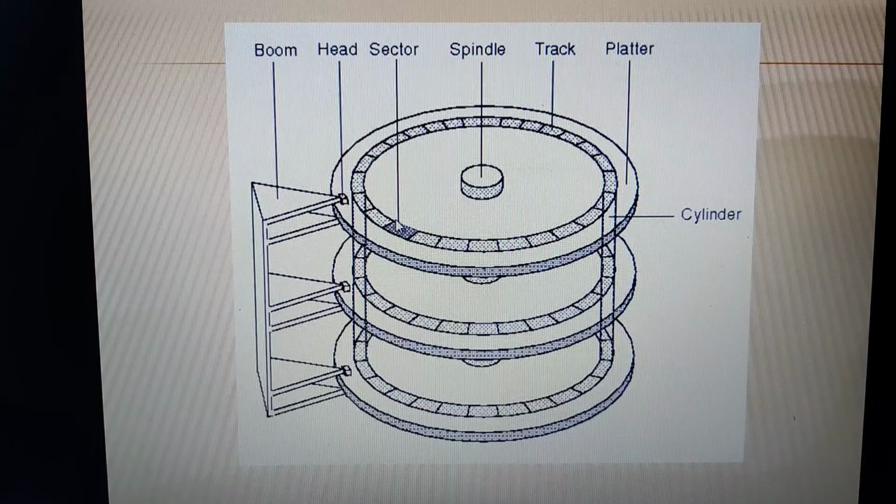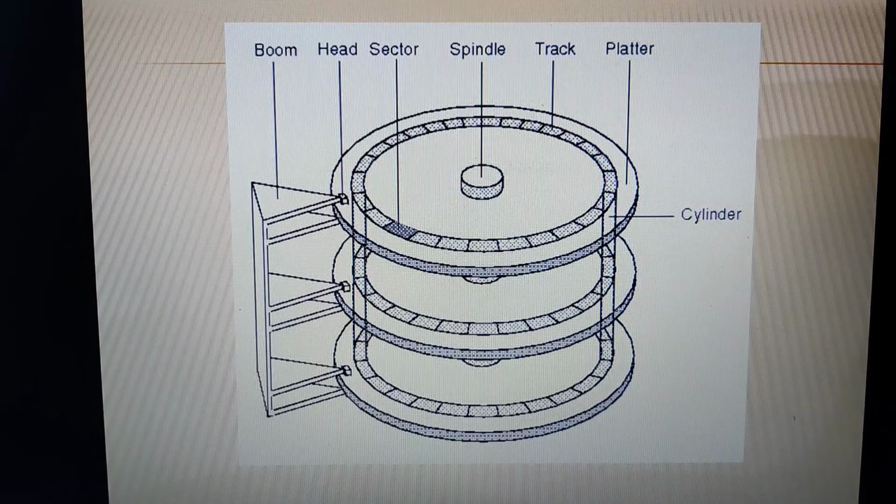So magnetic tape is a kind of serial access medium. It's not a direct access medium. It is a serial access medium, similar to the audio cassette, and so the data cannot be randomly located. The disadvantage is that you need to forward it or rewind it in order to play a particular song. Suppose you have 10 songs and you want to play the 5th song, then you need to forward it and reach that particular location. Suppose you are playing the 9th song right now and want to go back to the second, you need to rewind it. So this is how the magnetic tape works.